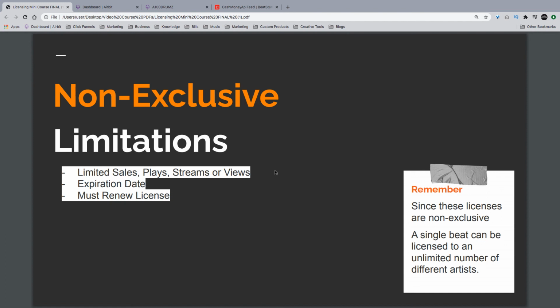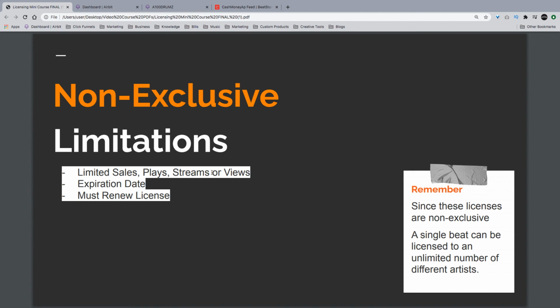Even if you haven't reached the limit on the sales, plays, streams, or views, if that expiration date comes, then you will have to renew that license. Most non-exclusive license agreements have this term where it's only valid for a certain amount of time.